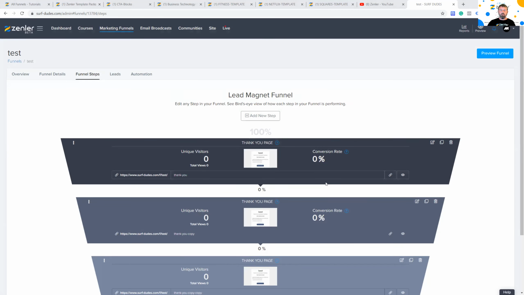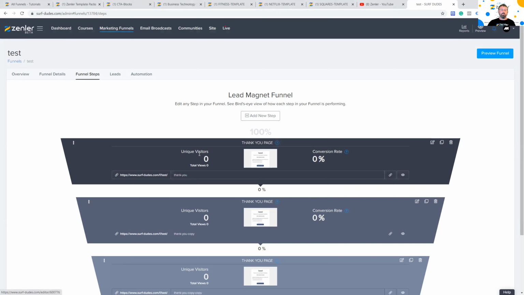The great thing about funnels is the fact that it can all be automated. Now, of course, you won't be able to run any automations if you haven't got an opt-in form in here, because it's got nowhere to go to. So bear that in mind as well with funnels. But you can set them up in loads of ways. You can use it as a lead magnet. You can use it as a video series funnel, or you can just use a hybrid of both.